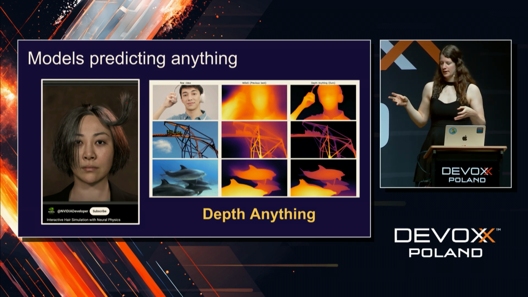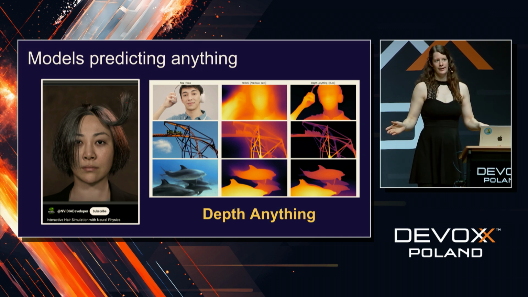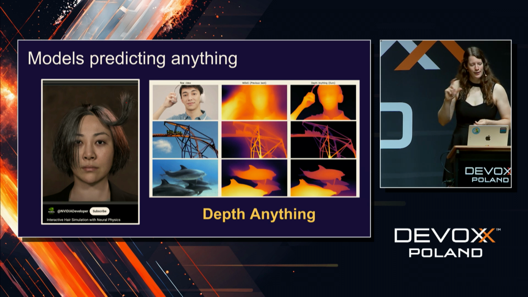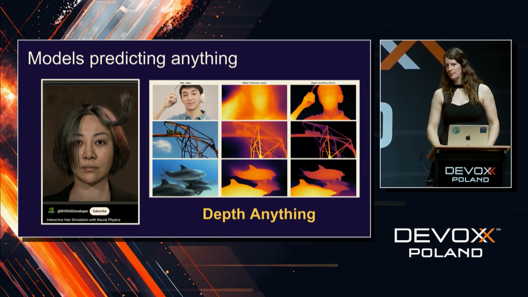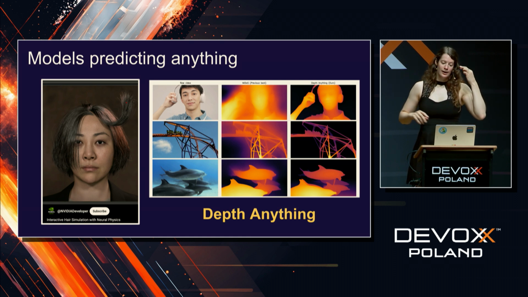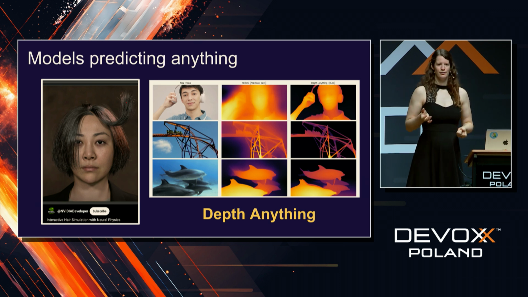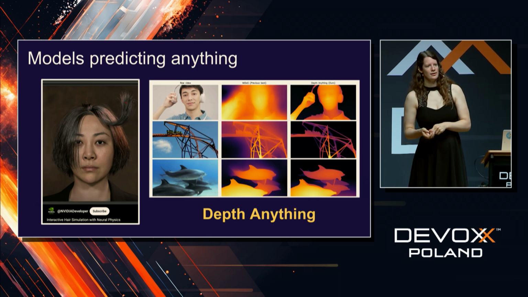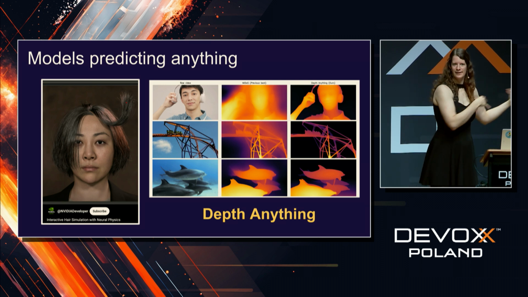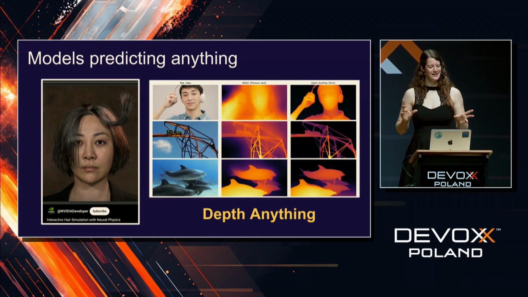When you want to build an application on top of AI, just remember there are these days models that can predict anything. And if it doesn't exist, what you want it to predict, if you're lucky to have a data scientist in your team, then you can team up and they can maybe find data and train it. The example you see here on the left is a model that predicts how your hair will fall and move. That sounds funny, but when you know that for a Disney movie, there's a whole department at Disney spending months and months making nice hair that looks natural. And so now we have models to predict this. I don't know how good they are yet, but definitely